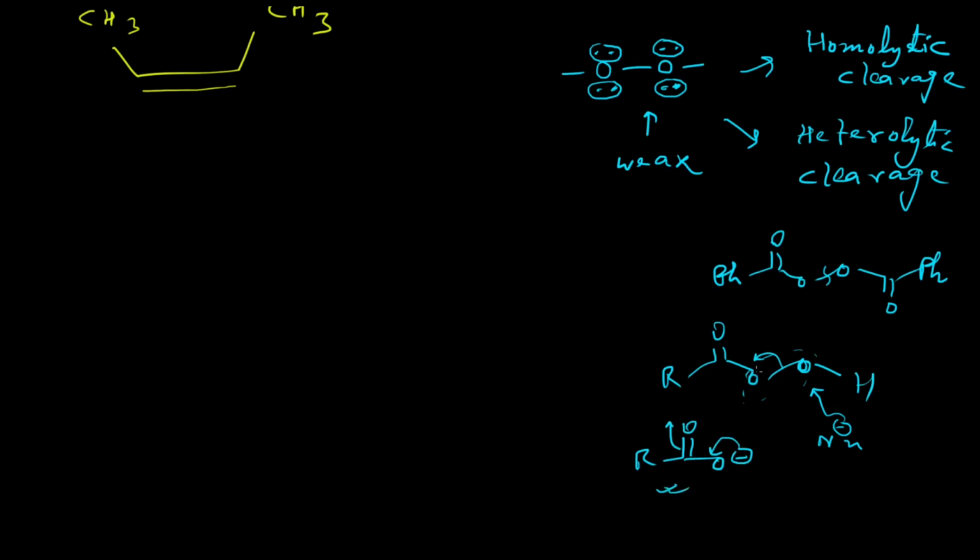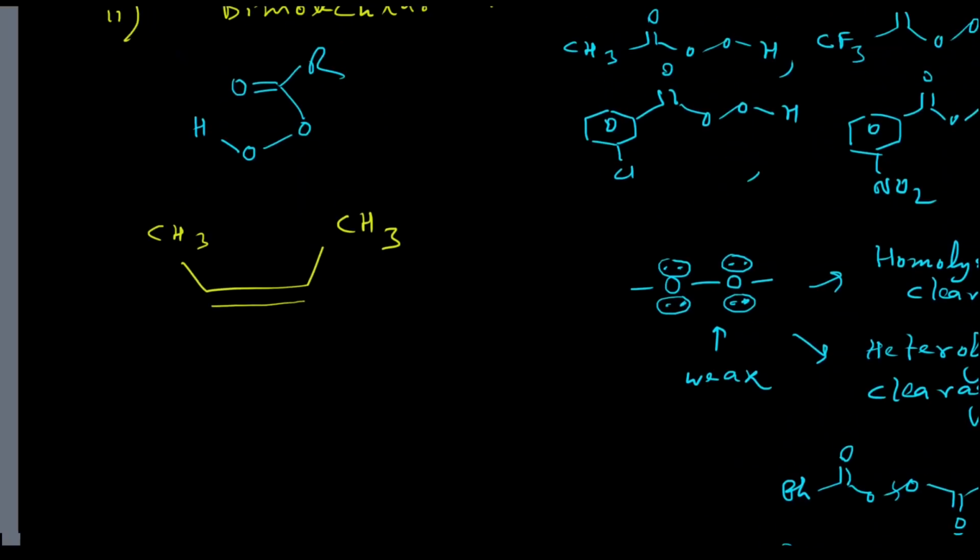So it is a very good leaving group. But if this other oxygen center is acting as the electrophilic center, then attack at this position will lead to the OH group leaving. We all know that the OH group is a very bad leaving group because there is no stabilization of the negative charge over the oxygen atom. So for this reason, peracids always behave as an electrophile, and the electrophilic center is the OH oxygen atom, not the carboxylic oxygen atom. Okay, clear?